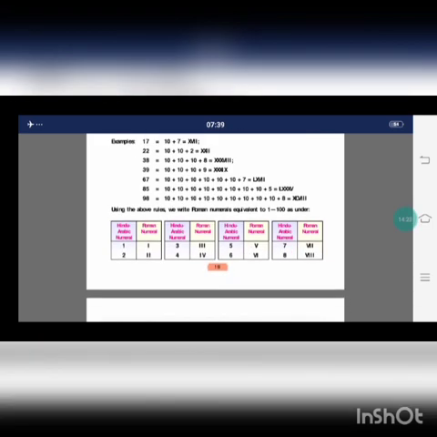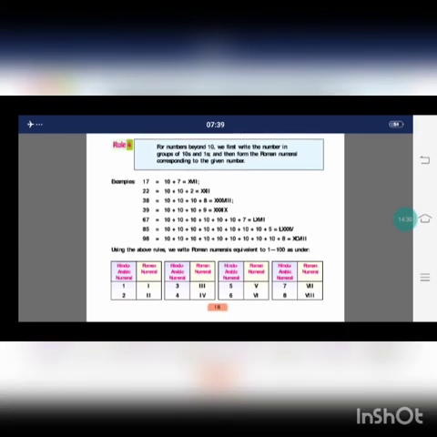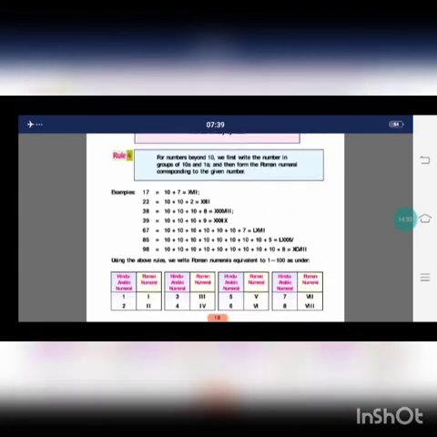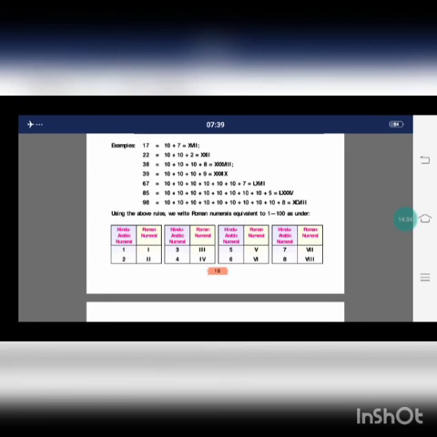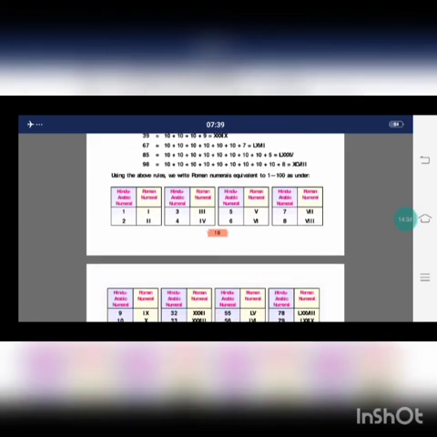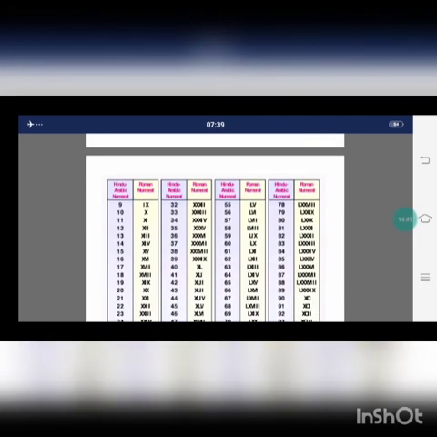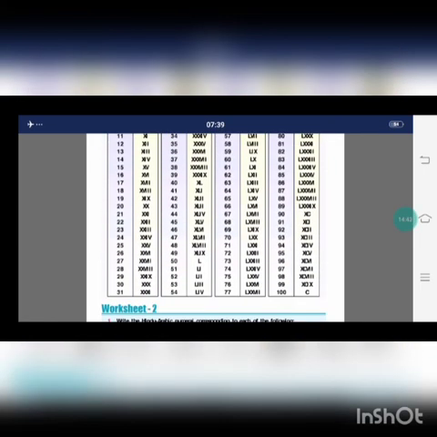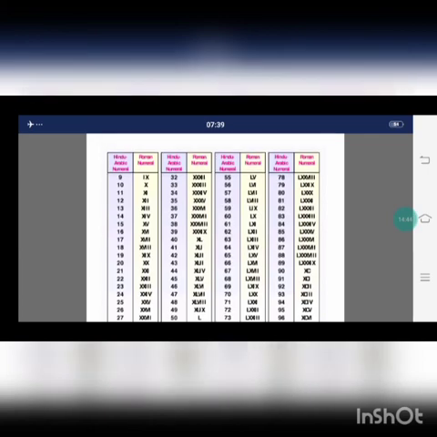Okay students, so we have to write down like this. I hope you must have understood these rules. You can see the table given here. Okay, so you have to write down Roman numbers 1 to 15 in your notebook. Once again you will read this table, don't learn it, only try to understand the rules. Once again you will read all the rules and then try to write yourself.